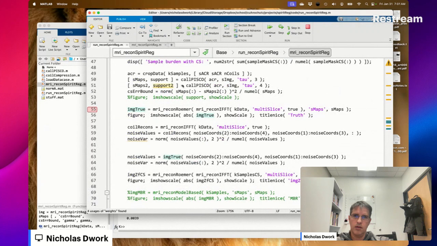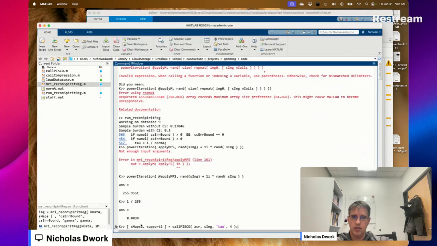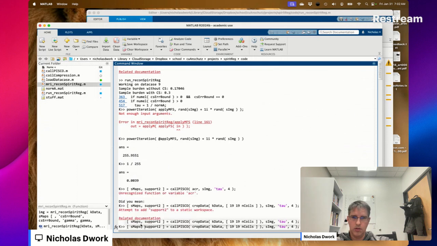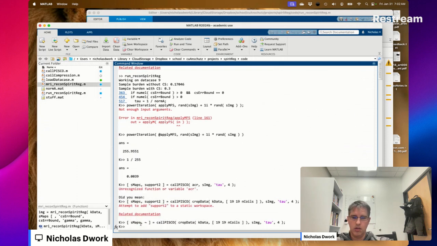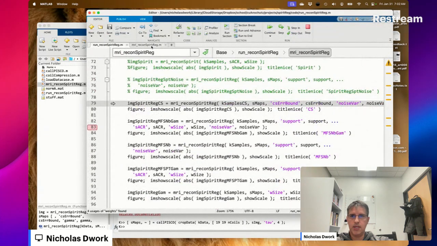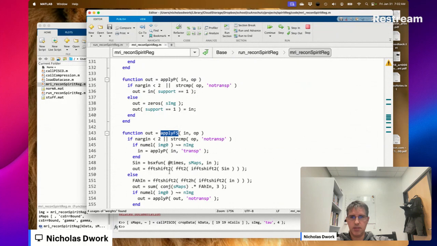Okay. So now, inside this code, we've replaced SMAPs with SMAPs2.